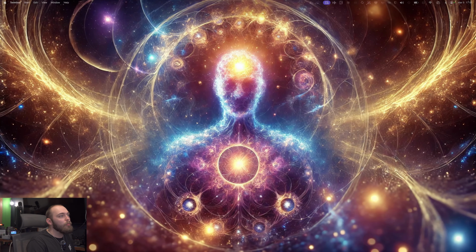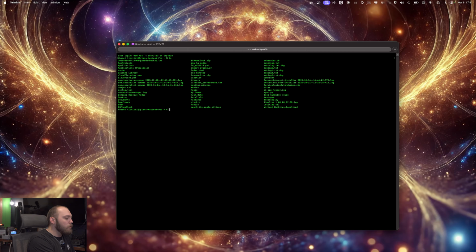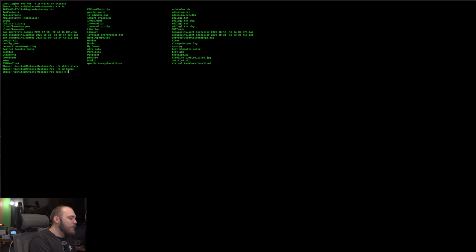I'm going to open up a terminal window over here. I'm in my root directory. I'm going to make a new directory called Kiwix. We're going to cd into that directory. We are going to make a Docker compose file. So along with Docker, you will also need Docker compose. If you're on a server, that will be a separate install. Usually if you're installing Docker desktop, it will come with compose built in.